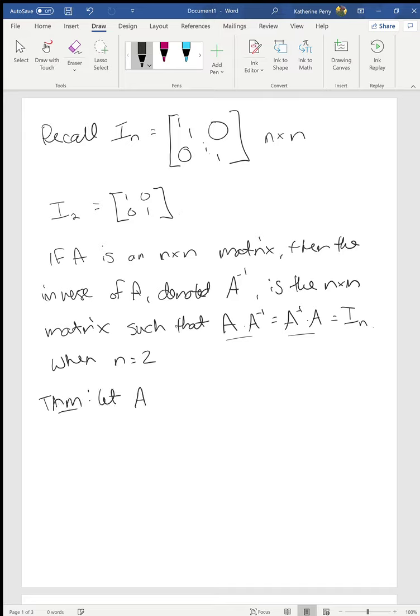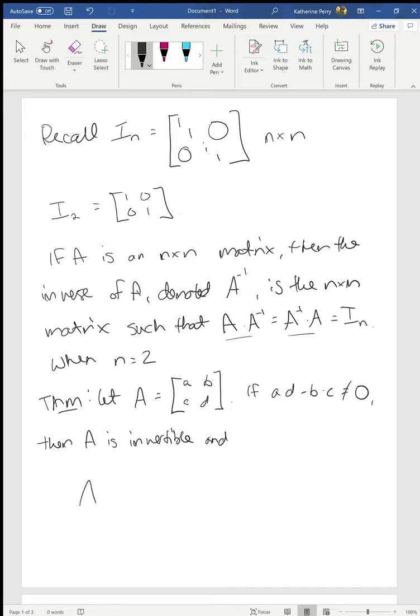If I let A be represented by this matrix [a, b; c, d], where a, b, c, and d are just real numbers, then if ad minus bc is not equal to 0, then I'll say that A is invertible, and further that we have an explicit formula for the inverse, which is that A inverse is equal to 1 over ad minus bc